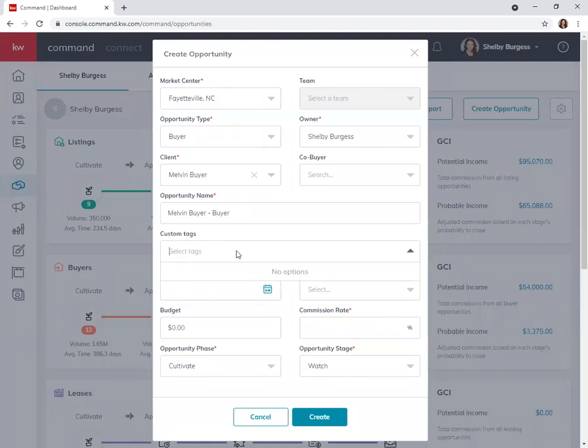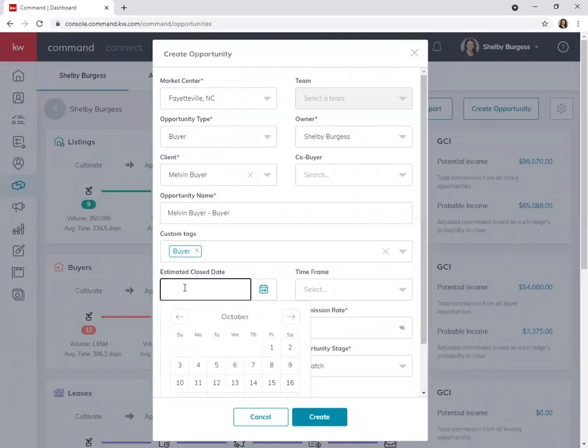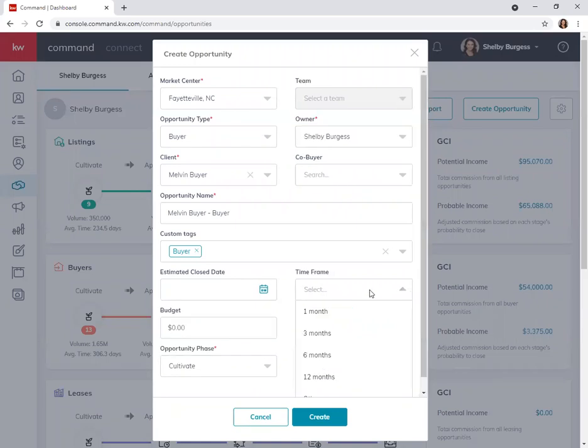Custom tags, you can use things like referral, past client, sphere, anything like that to help you keep track of who these people are. So if I wanted to create a buyer custom tag, just type in whatever you want, hit create buyer, and then it'll be in your tags. Estimated close date, if you know that, time frame,